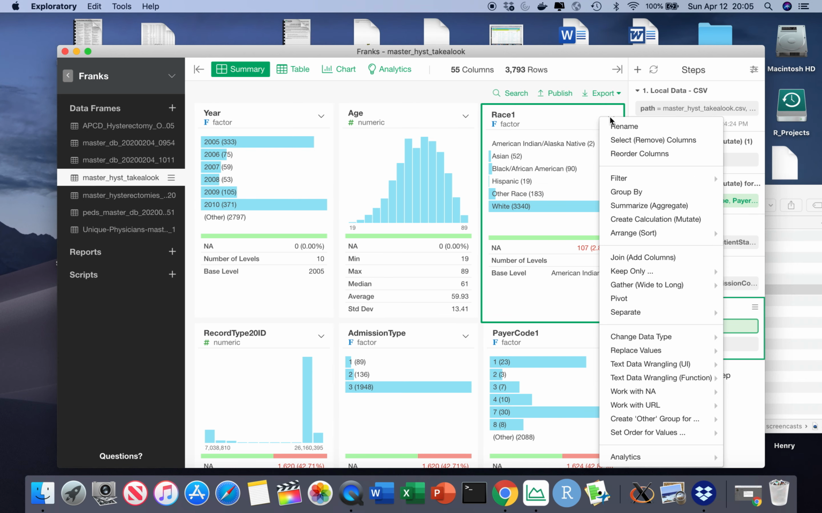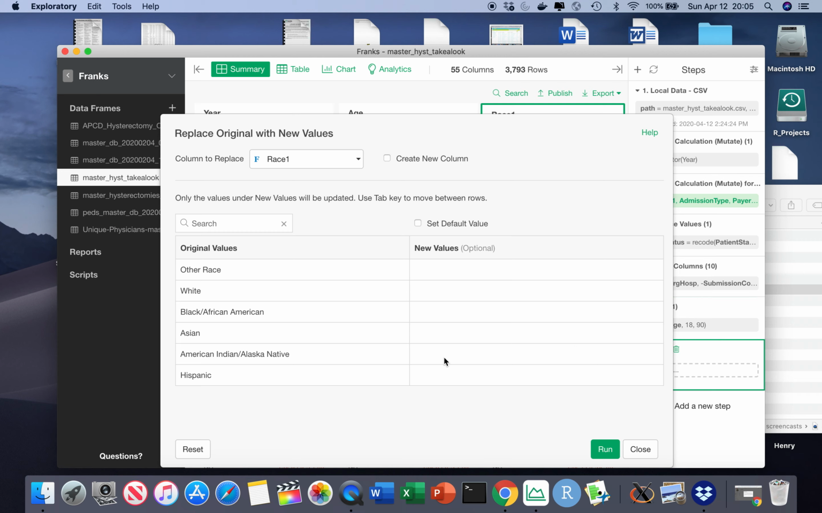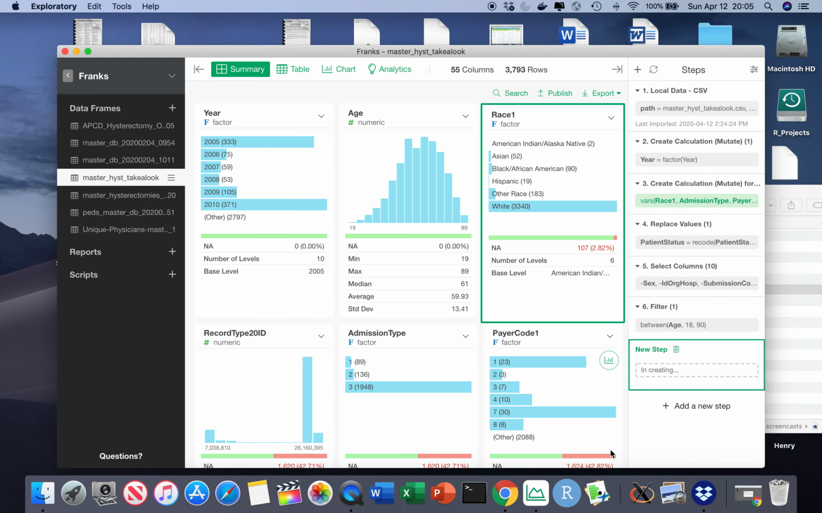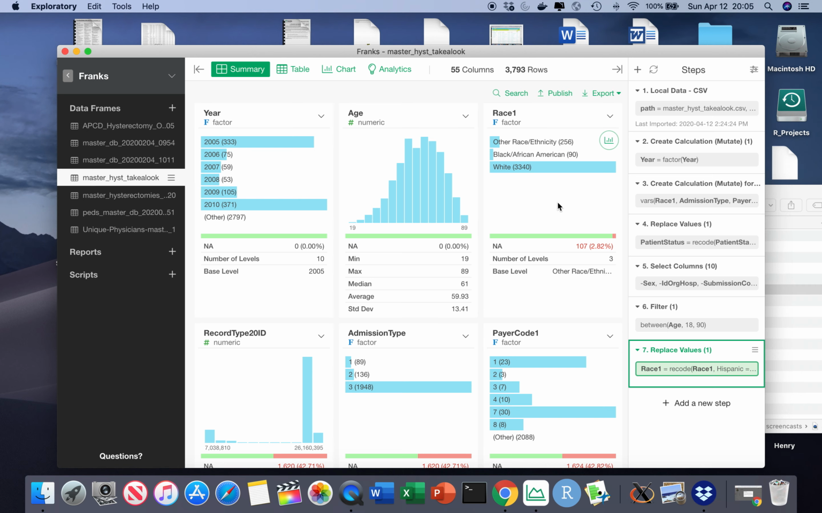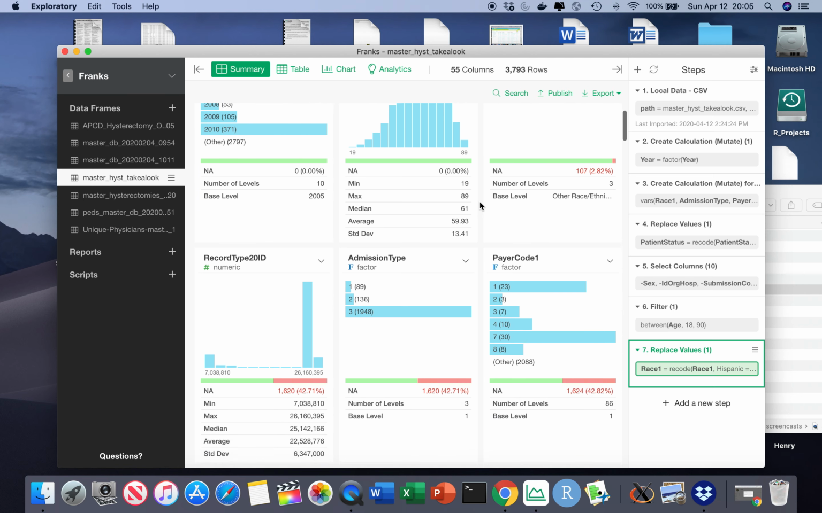I'm going to recode the people who are Hispanic here to other race/ethnicity, and recode the other race to other race, and then I'm going to code Asians and American Indians, so that we can have some cleaner data to work with in some categories